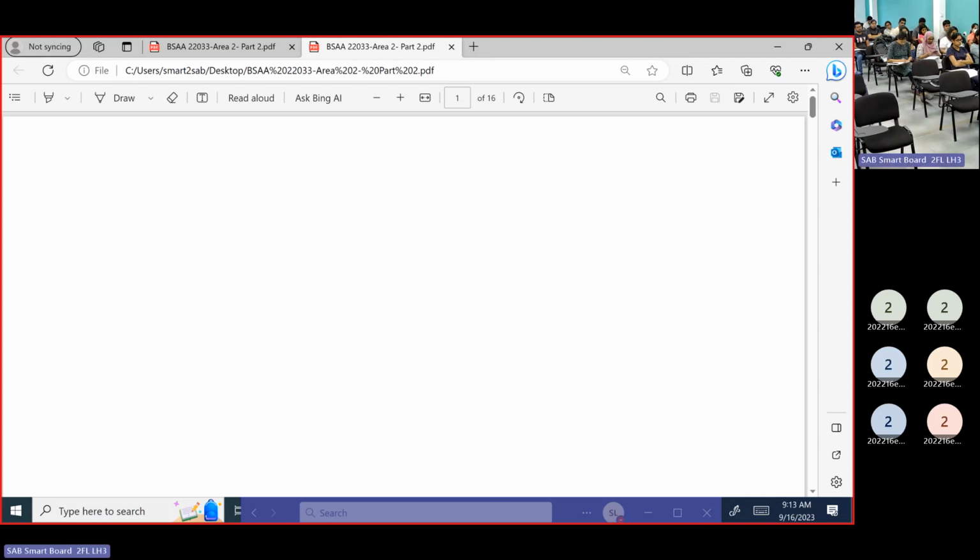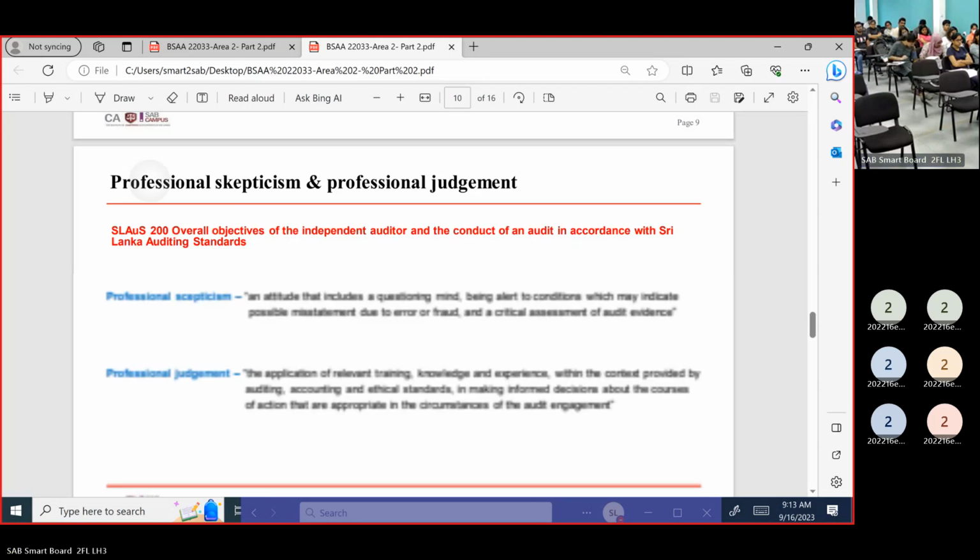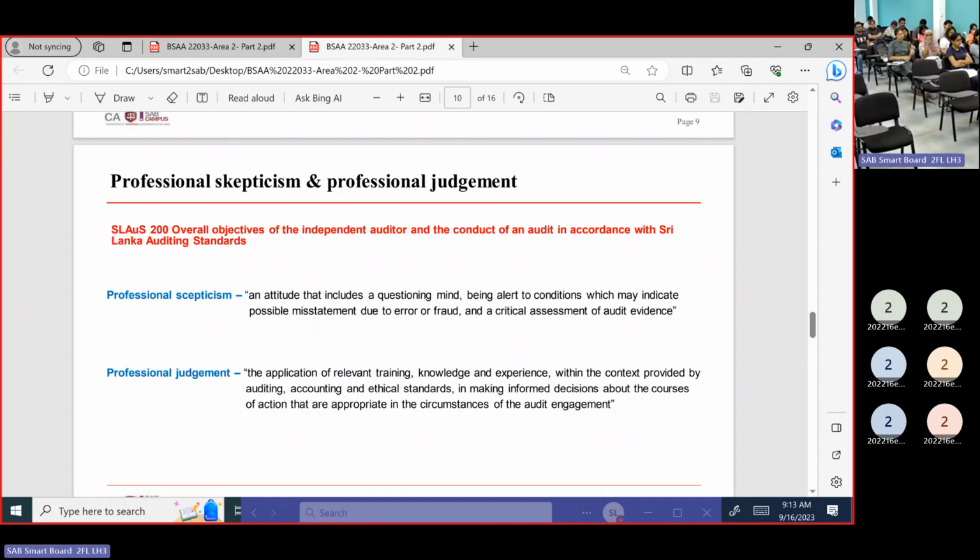Audit quality. Here we have two words: professional skepticism and professional judgment. We take professional judgments over issues. We have to have a peaceful mind. We should have a proper audit team, and then we want to get professional skepticism. We have practice over that. We have a proper team as well as a proper environment.